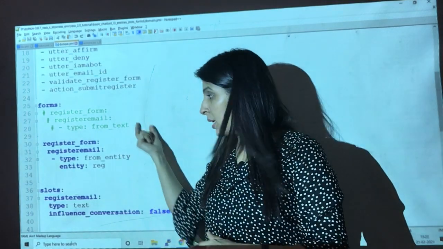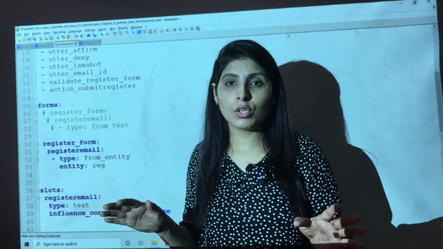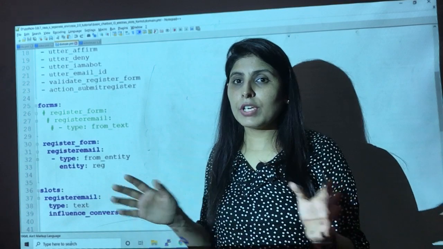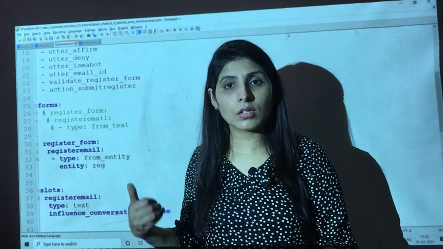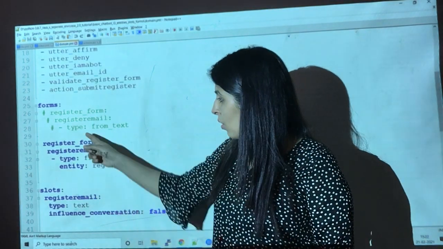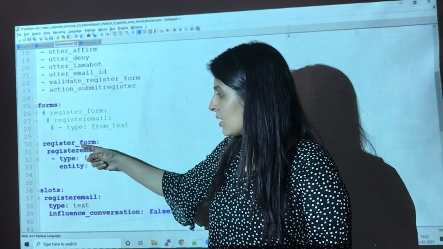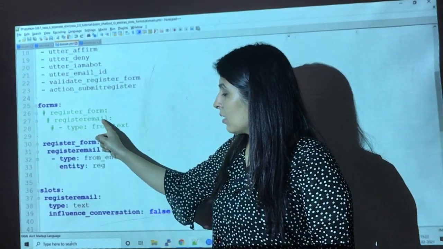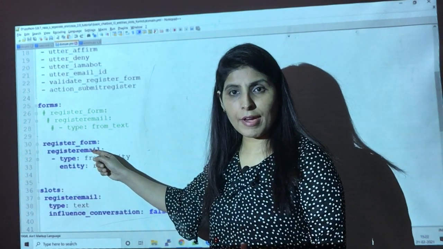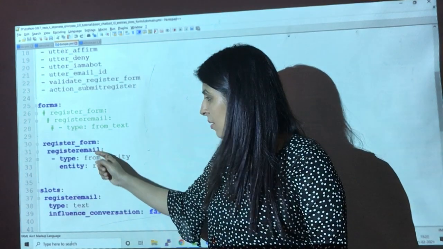But now we are not using this. We want to extract data from the entity. So the form name is the same, see, and the column name, where we are storing this data, is also the same.